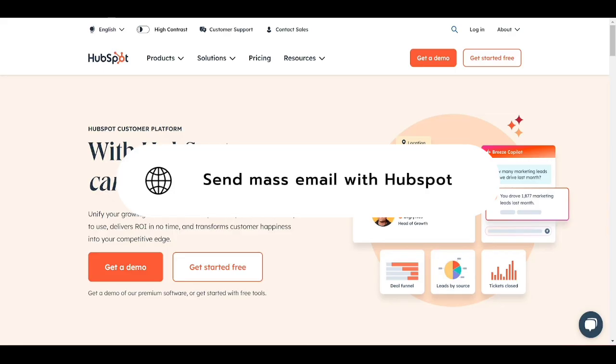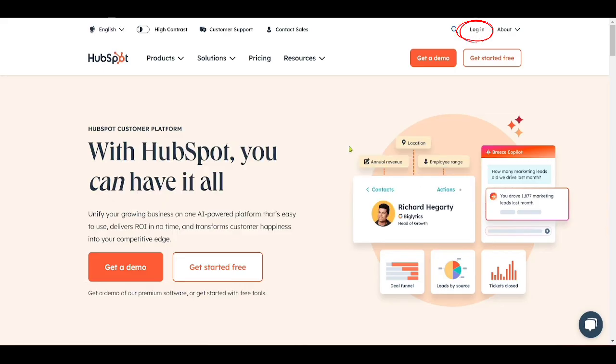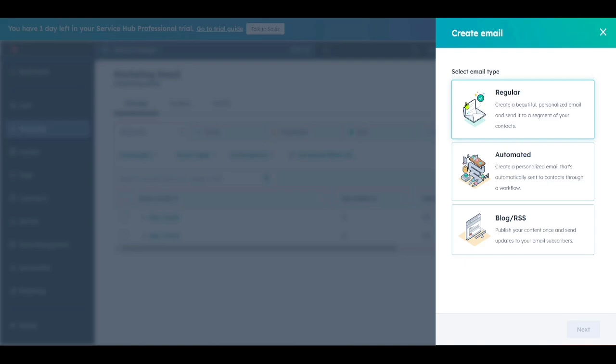Let's get started. First, go to HubSpot.com, click on Login up here, and this action will lead you to your HubSpot homepage. Here on the left panel, click on the Marketing option, then click the Email option from the side menu. In the Email tab, click on Create Email from the top right, and this side tab will open where